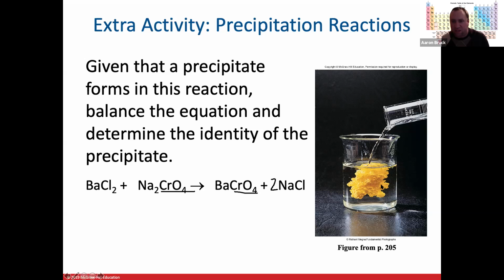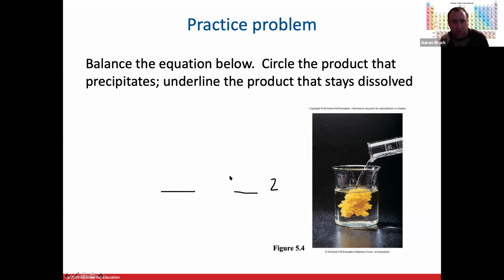Identifying the precipitate here, well, sodium and chlorine. Sodium chloride is soluble in water. Anyone that's ever dissolved salt in water knows that one quite well. The answer here is going to be barium carbonate, or excuse me, barium chromate, which again we could verify